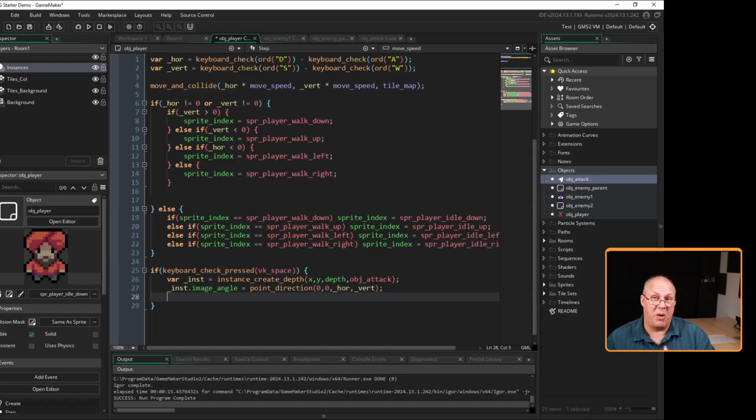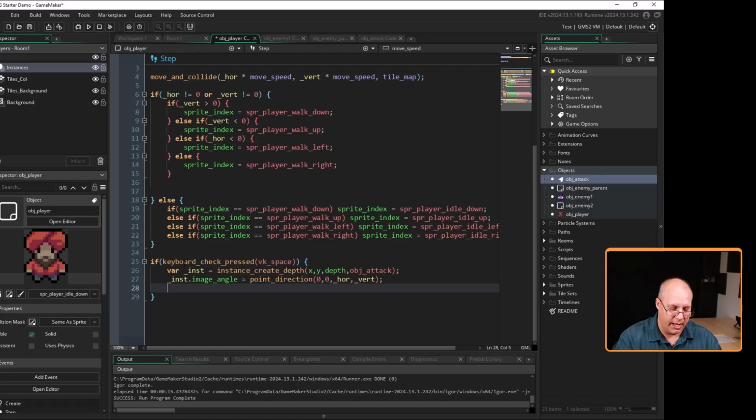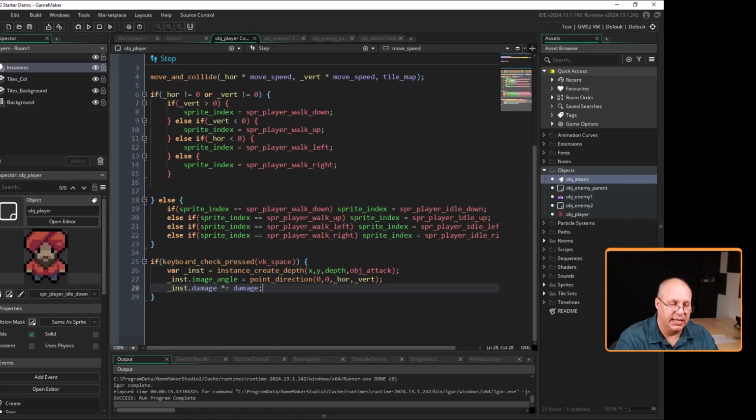I then want to modify my damage. So I want to control how much damage I provide. So I'm going to come up to my create, and I've created damage equals 1. I'm going to specify _inst.damage times equals my damage. That way, if I change my damage because I've leveled up, my slash attack becomes that much more powerful. I can fight more of these bad guys. I'm going to save this, hit F5,